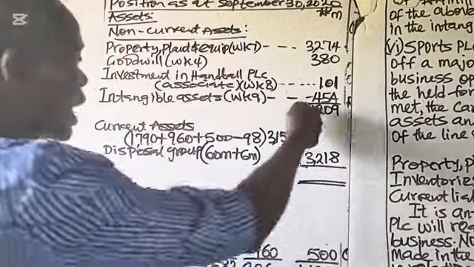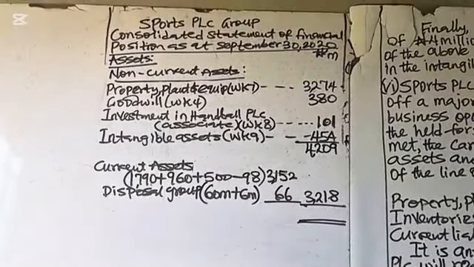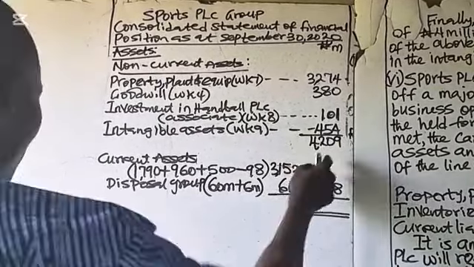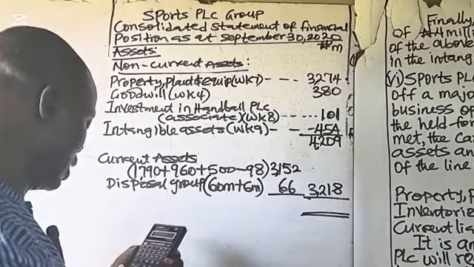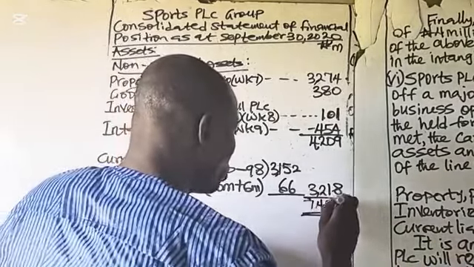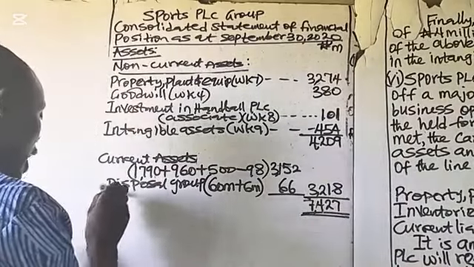You add the current and the non-current assets. Remember, our non-current assets total 4209. So we have 7427. This is our total